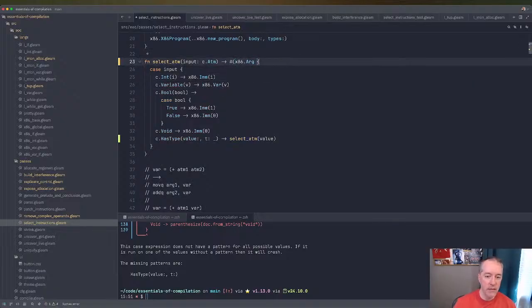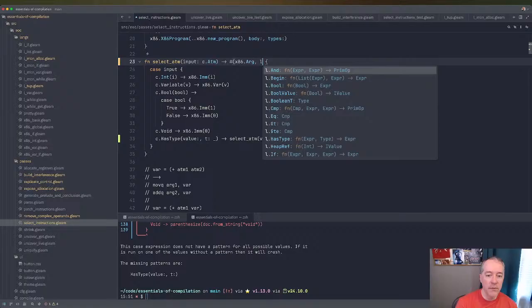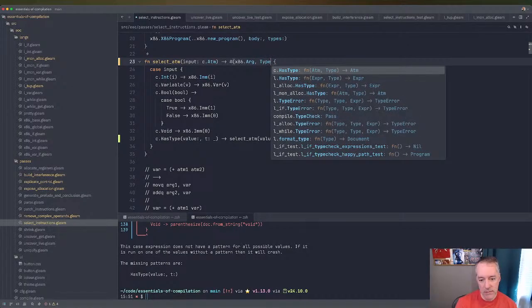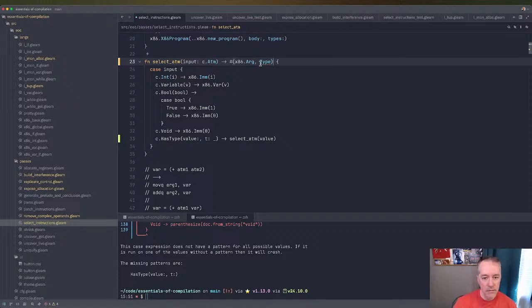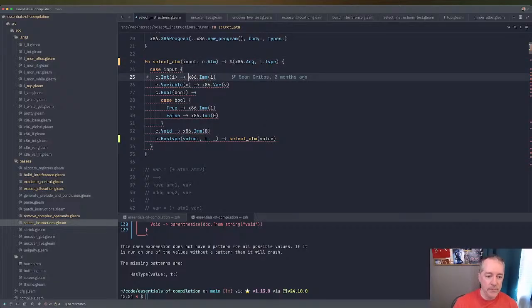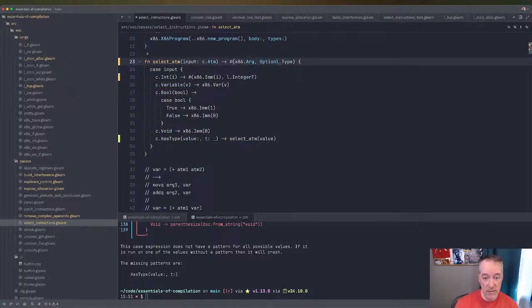Let's go ahead and do that, and then we'll fix it. So it's l.type, or we'll just say it's just type, I think. No. Okay, so this one is going to be integer t, right? And actually this is going to be option of type. So this will be some,